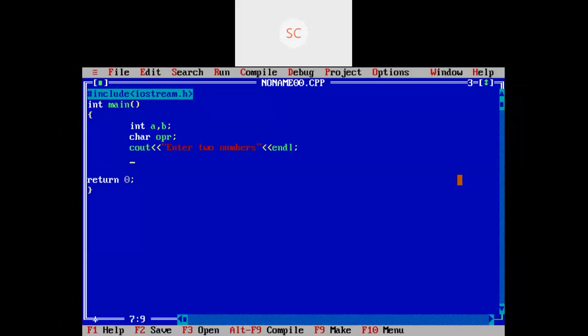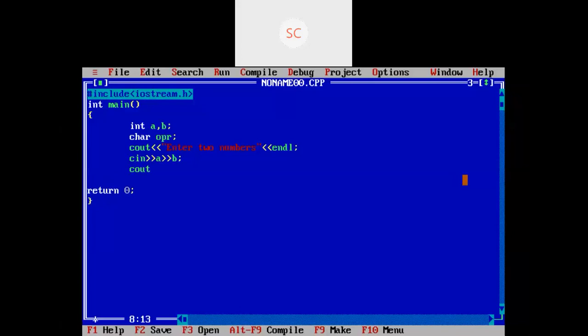Then I need to read the two numbers, one into a and one more into b. Then I will write one more endl statement, though it is not even required.